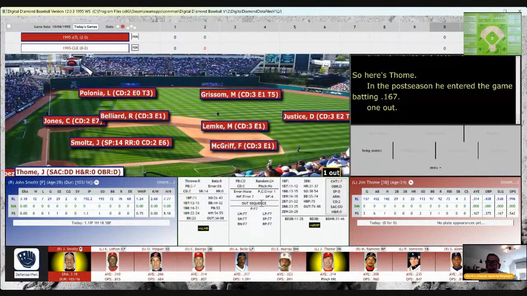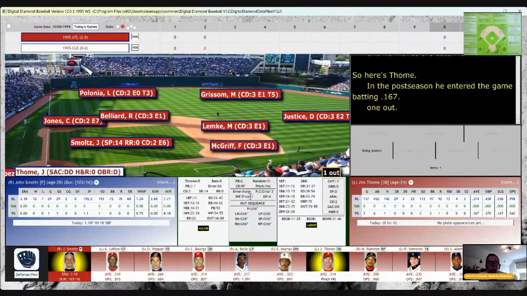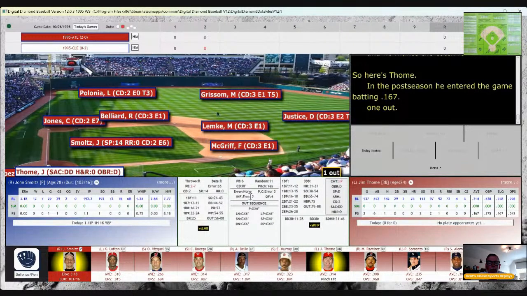In the postseason, he entered the game batting .167, so his bat's been kind of silent. Will this be the time that it wakes up? It will be on Smoltz's card. That roll of 86 will be an out. That's going to be a ground ball to short. Check on the error.